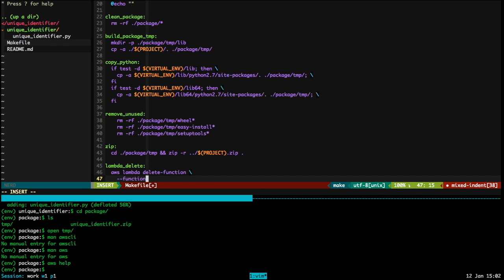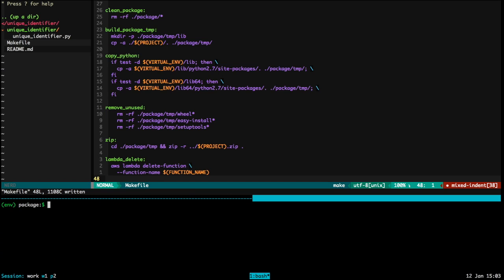Right, so the function name. And because we created a variable, we can use the variable here: function name. So let's clear the screen. So we can do make lambda delete. With any luck,